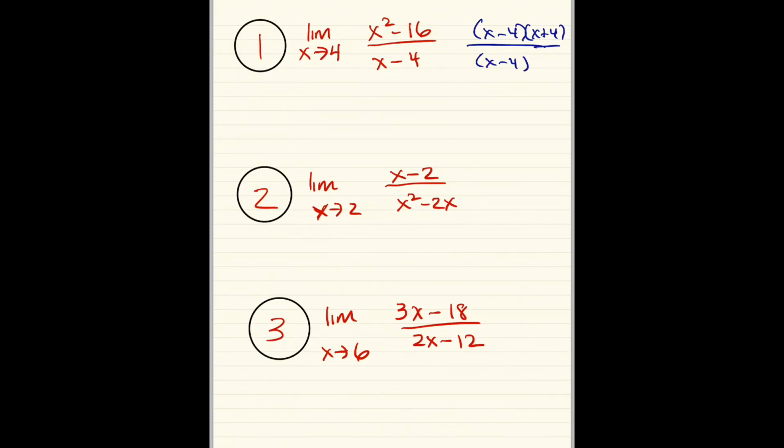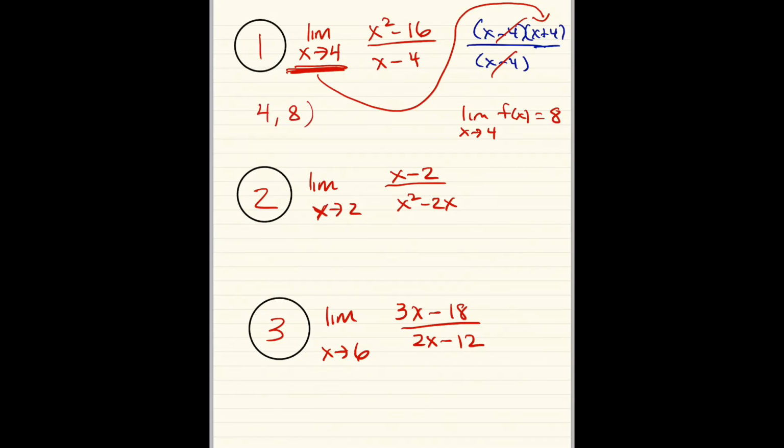Once you do that, you're going to cancel out the like terms. So x minus 4 over x minus 4 cancel out, and all you've got to do is resubstitute this 4 into what's left over. What's left over is this part, x plus 4. So 4 plus 4 makes 8. So the limit as x approaches 4 of this function here, I'll just call it f of x, is going to be 8. And if you remember from the last video,